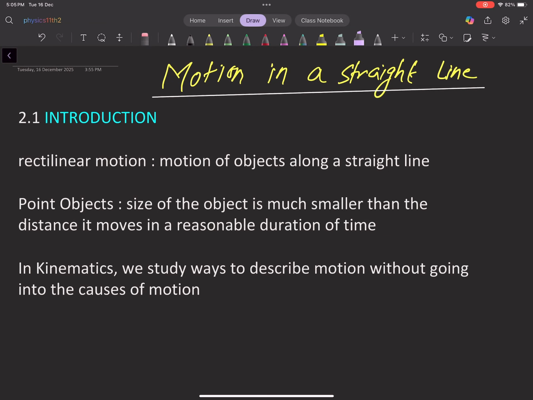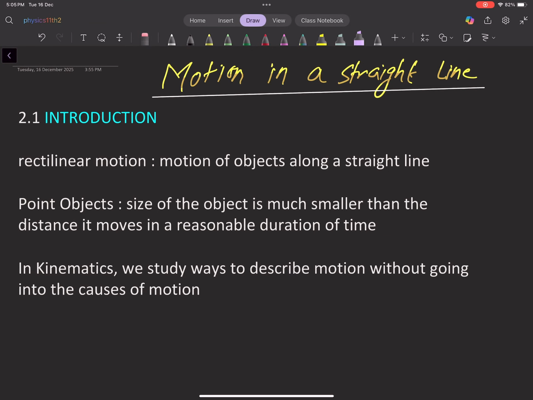हेलो गाइस। आज हम लोग स्टार्ट करने वाले हैं फिजिक्स का मोशन इन अ स्ट्रेट लाइन चैप्टर, जो सीबीएसई पैटर्न पे बेस्ड है। जो मैंने सीबीएसई की टेक्स्ट बुक से आपको पढ़ाने की कोशिश की है। अभी हम लोग स्टार्ट करेंगे थ्योरी से। उसके बाद धीरे धीरे हम सीबीएसई के क्वेश्चंस करेंगे, उसके बाद आईआईटी मेंस के क्वेश्चंस करेंगे, राइट। एचसी वर्मा के क्वेश्चंस टेकअप करेंगे। स्टे ट्यून्ड।